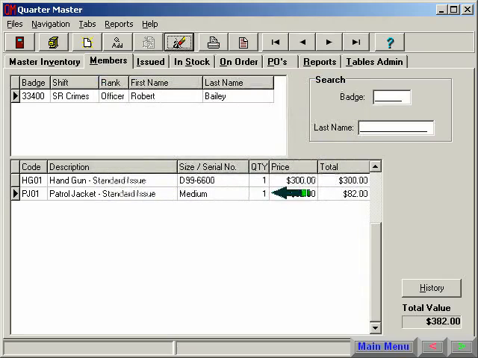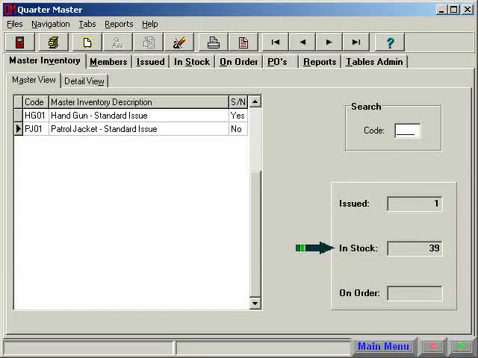Officer Bailey's kit is adjusted to show that he currently has only 1 patrol jacket instead of the previous 2. His total kit value has also been adjusted. The master inventory screen now indicates that we have 39 patrol jackets in stock and 1 issued. That's all there is to removing an item from someone's kit. The next portion of our tour